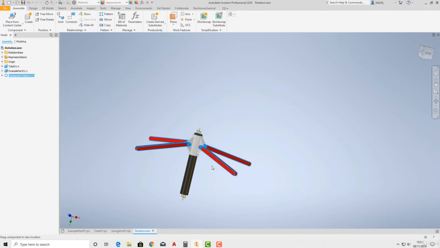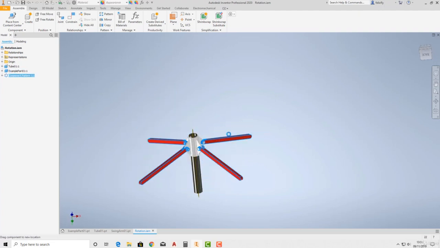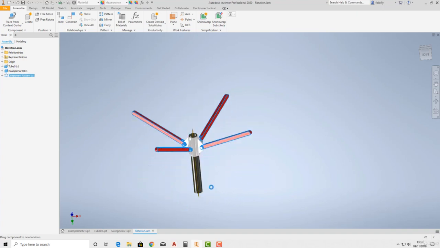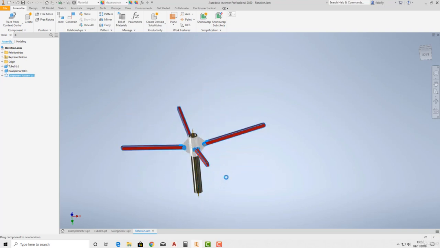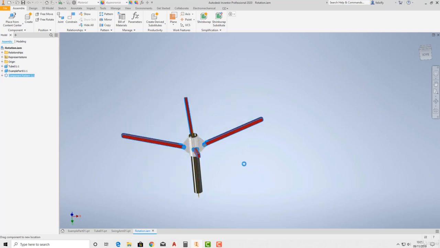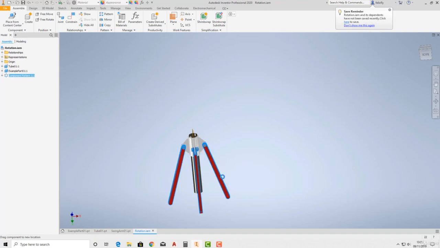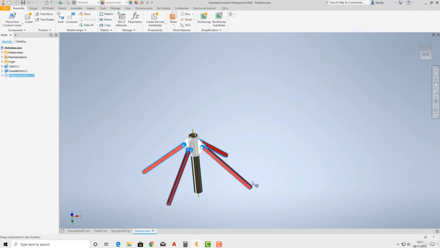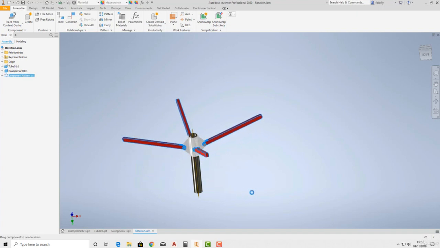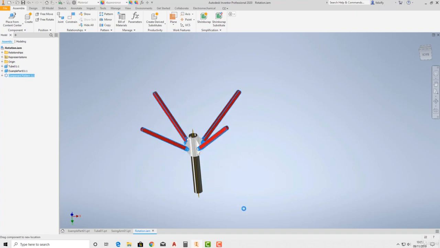It's beginning to look like a kind of umbrella kind of thing now. And they will all move together because it's a pattern. So if we move one, they will all move together. Okay, if we'd have put them in individually, they would have moved individually. So the benefit of using them as a pattern is they will all move around. And that might be something you want to do. If you wanted to animate this, you might want to show it spinning around, and as it spins around, these kind of move out with the centrifugal force. Then you could change. You do need to grab, if you can see it's not letting me, you do need to move the item you used to create your pattern. Okay,